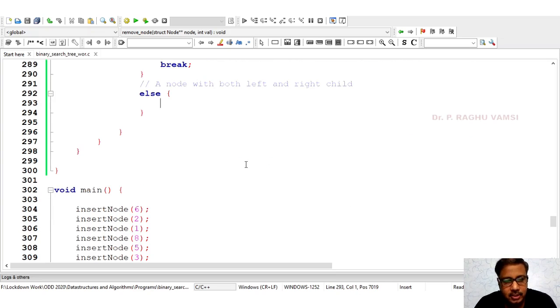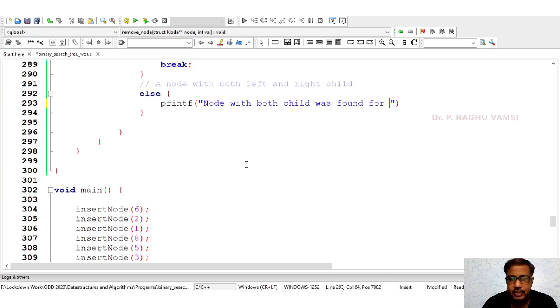So when this particular case was identified, then printf node with both childs was found for deletion. Okay.